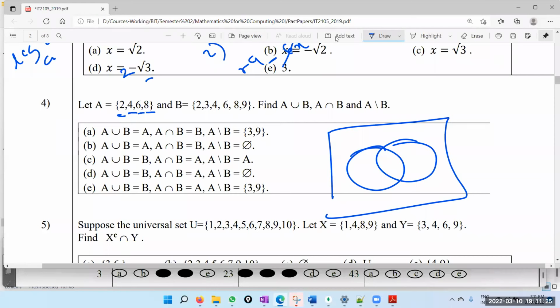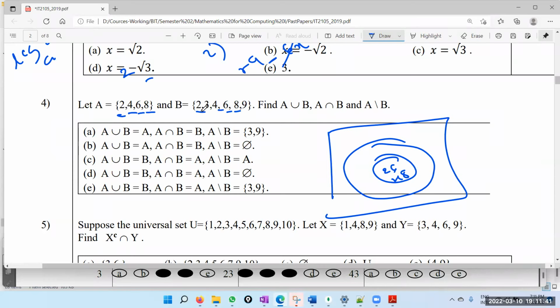Right. So therefore I can change this. A is a subset of B. Because all the elements in A are in the B. So here we have 2, 6, 4, 8. 2, 4, 6, 8. So the other one we have then 3 and 9. 3 and 9. So this is my B, this is my A. Right. So the first one is